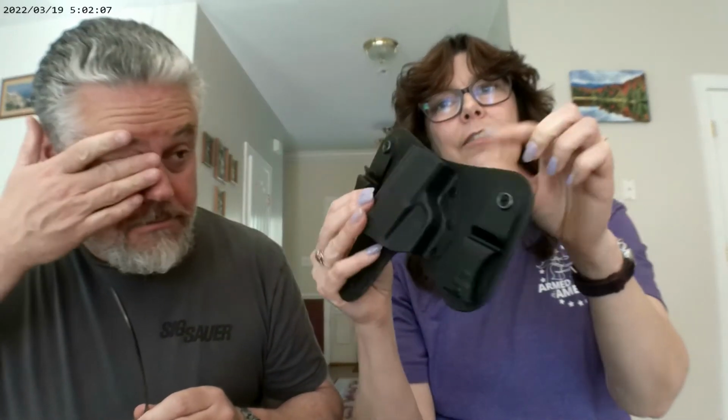Yes, you are. So with this one, when I felt like I was getting too much wear, I replaced it. But look at the difference from a brand new one to what I've been wearing. They come very, very rigid, very flat. And the minute you start wearing them, they do start to mold and soften. The leather is just such a nice leather, and they have 3 or 4 different combinations of leather you can buy. But the Kydex is form-fitted to your gun perfectly, locks right into place, and these are snug enough that